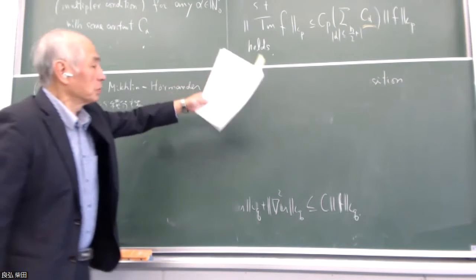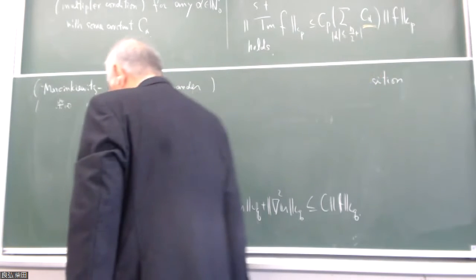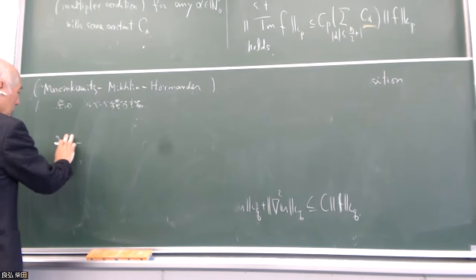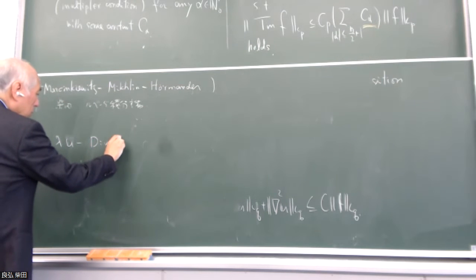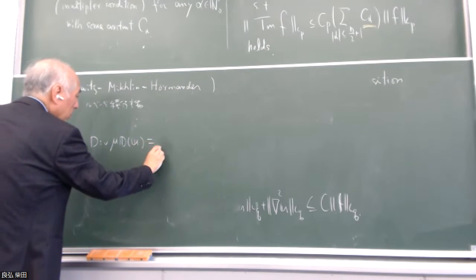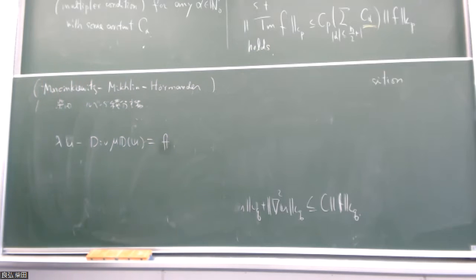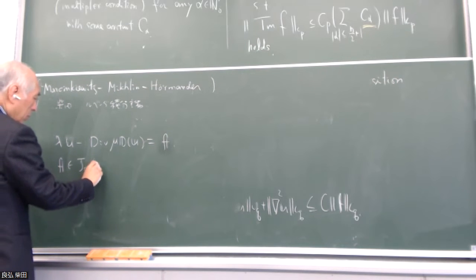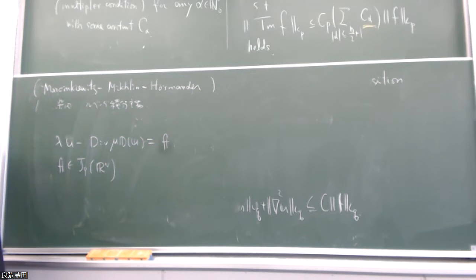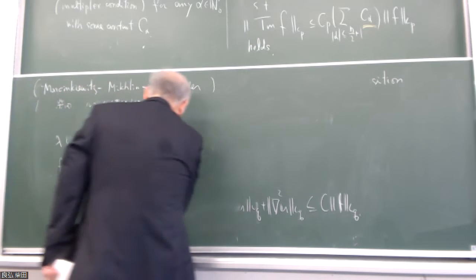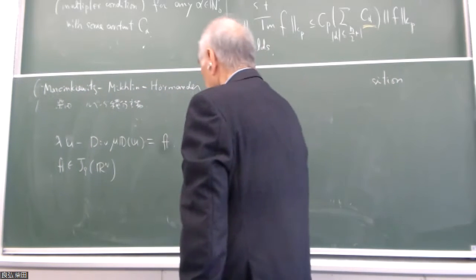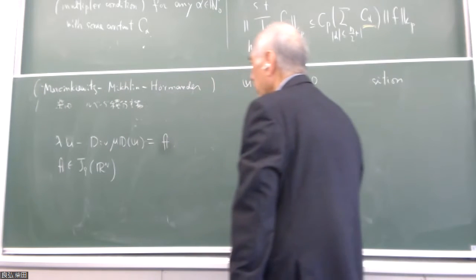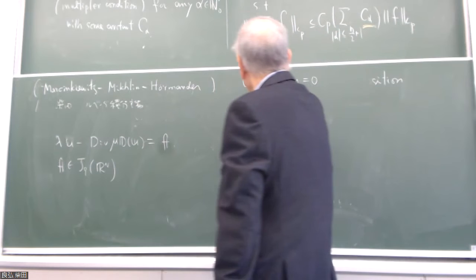Anyway, I want to use this. Then how to prove it? Okay, now we consider the solenoidal case. A priori we expect that u satisfies divergence u equal to 0. We expect this. Therefore, under this condition,